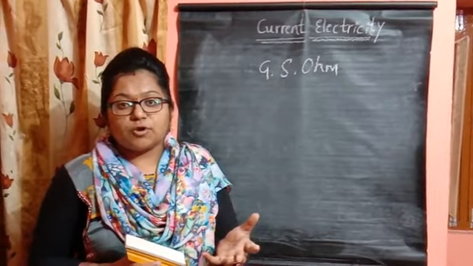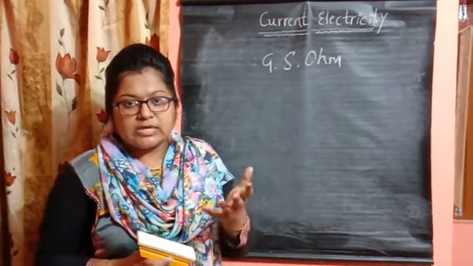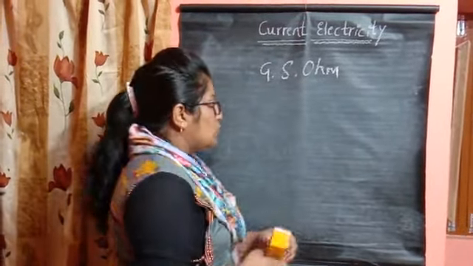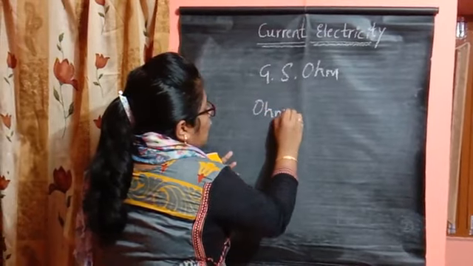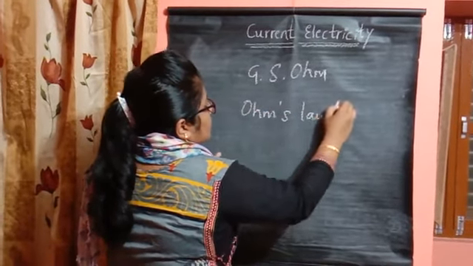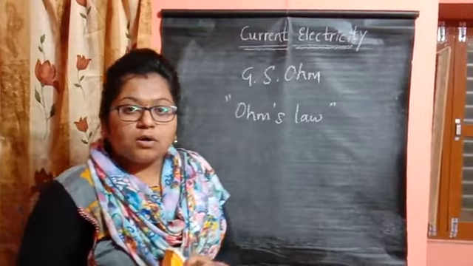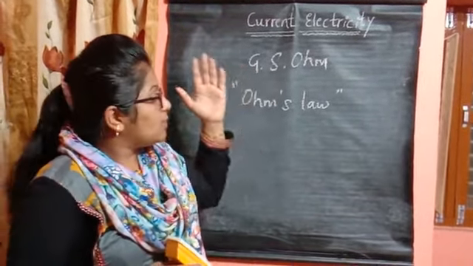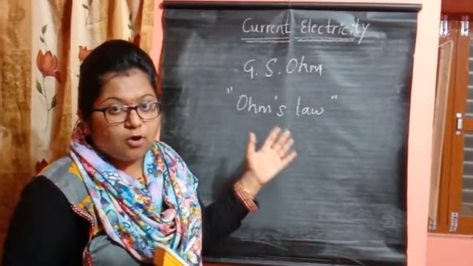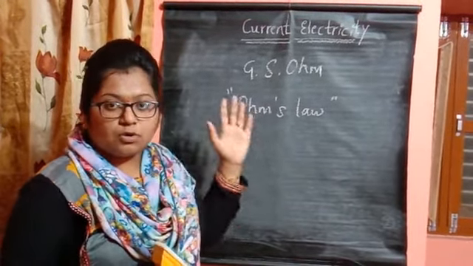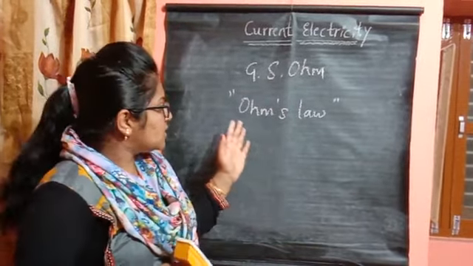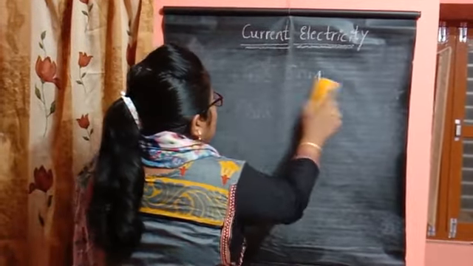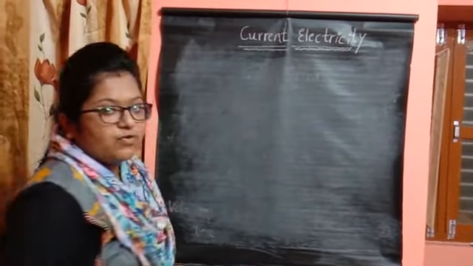Which physical phenomenon is responsible for that process? That is given by George Simon Ohm in his well-known law, which is called Ohm's law. This is a basic law regarding current electricity, an important and well-known law in physics. Ohm's law explains the physical phenomenon responsible for the flow of electric charges